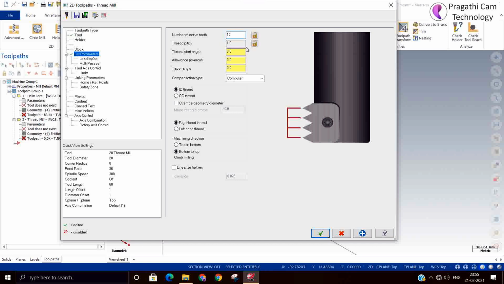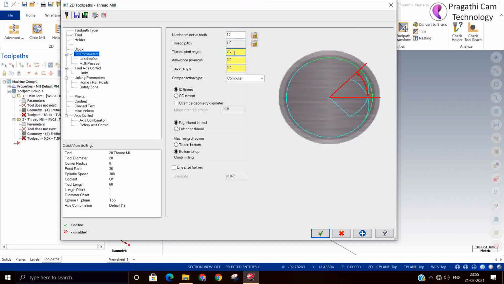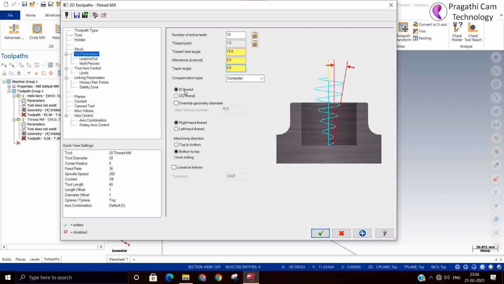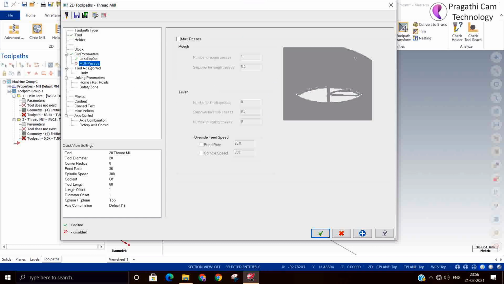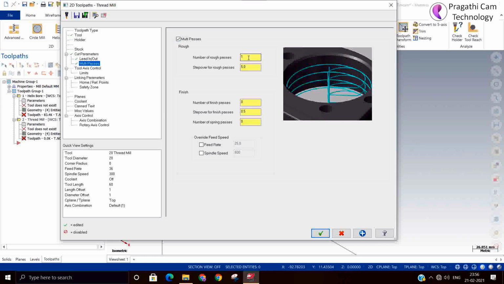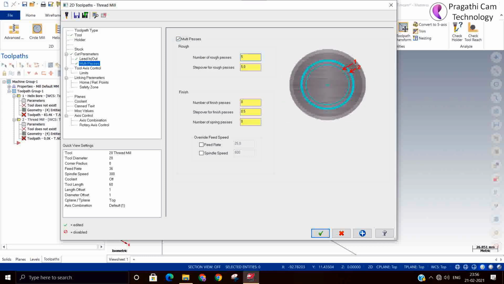You can see how much entry angle you want. If you have any allowances you can give. If you have a taper thread you can give it. Type of thread, ID or OD, left hand or right hand, and how you want to cut, top to bottom. Here lead in, lead out if you want, and if you want multi-pass you can give the number of passes here.